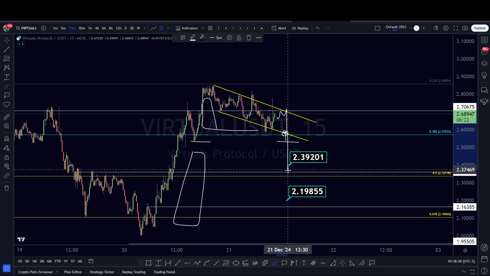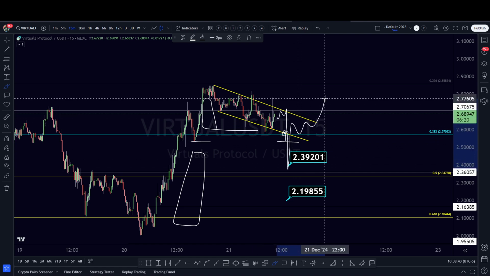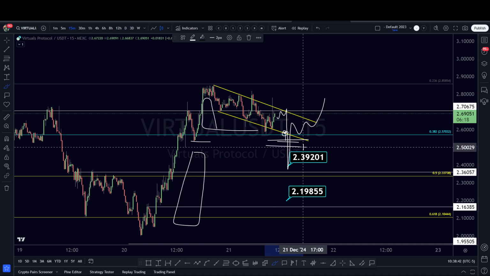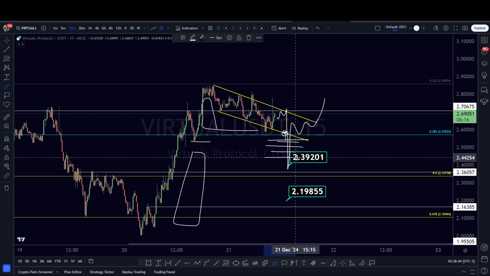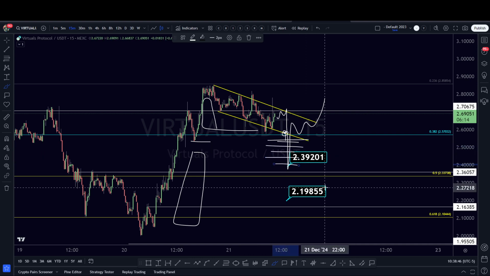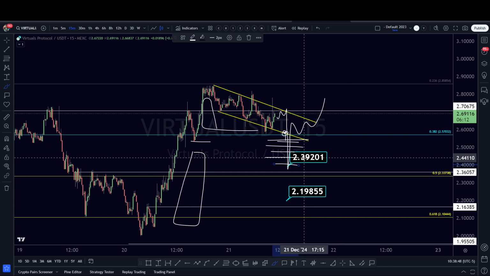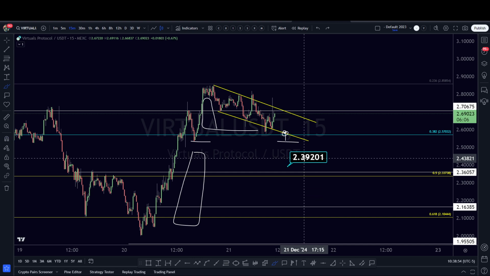All of a sudden it dips really quick and then bounces right back up, only to get everybody liquidated or everybody's stop loss hit. While on the other hand, if you have lower entries, and this tip right here is a pro tip, you're going to see that there's going to be so many entries